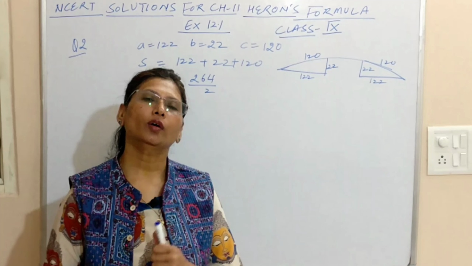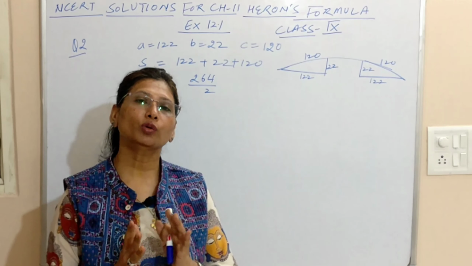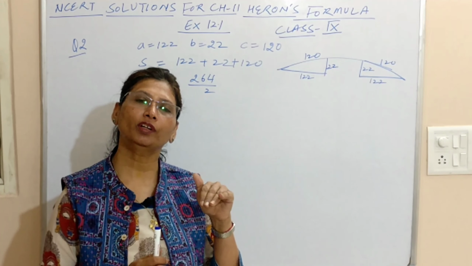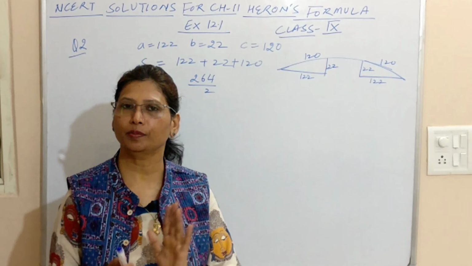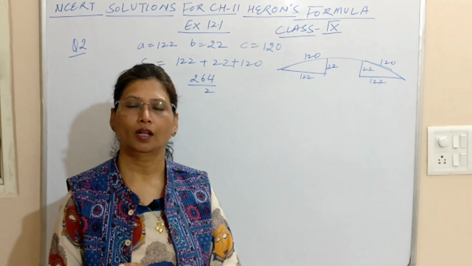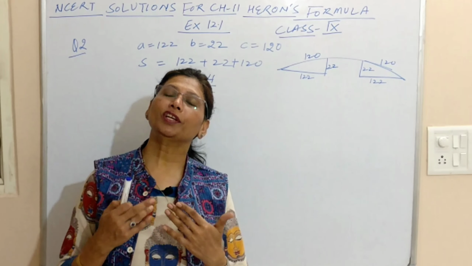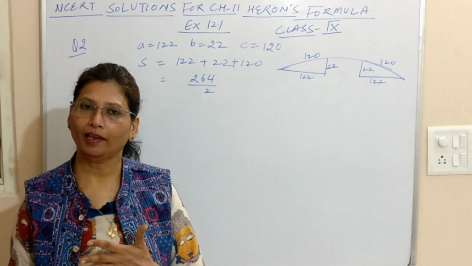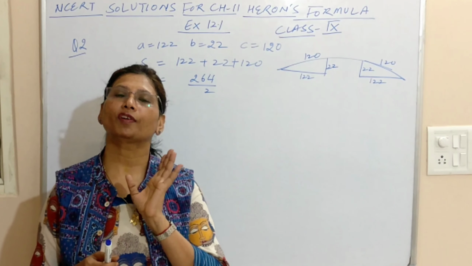Okay, so now we'll solve question number 2. Second question में we have been given a flyover. Flyover के नीचे जो है 2 advertisement हैं which are in the shape of triangle. So we have to find the cost of the advertisement for 3 months to be placed and for 1 year the cost is 5,000 rupees.